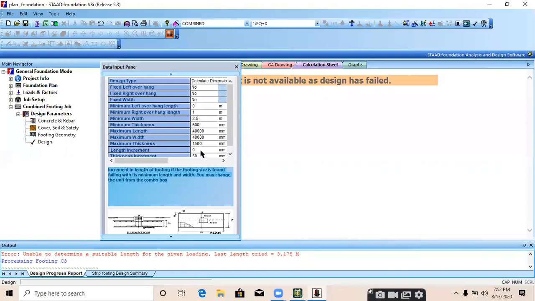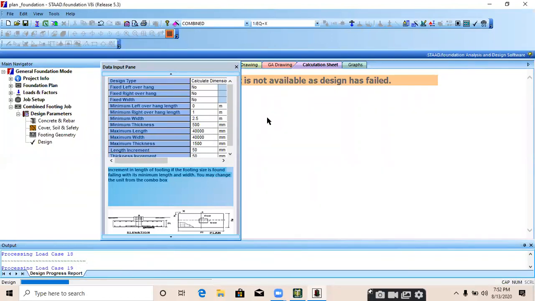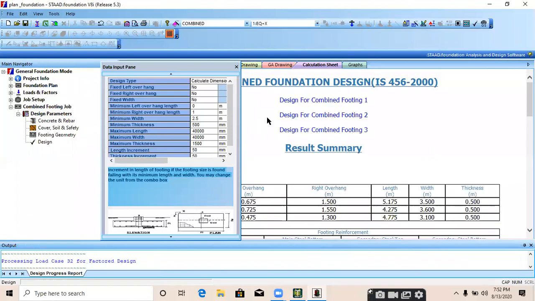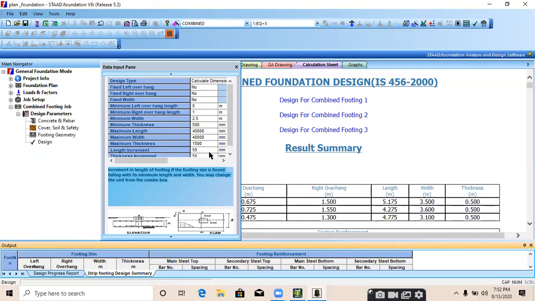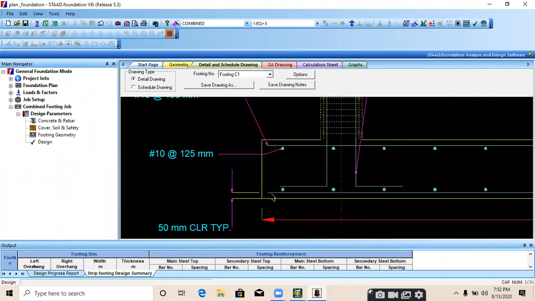Design is failed when I provide the length increment as 0. Okay, we can do that, but it is providing data like that, the required development length in this direction.